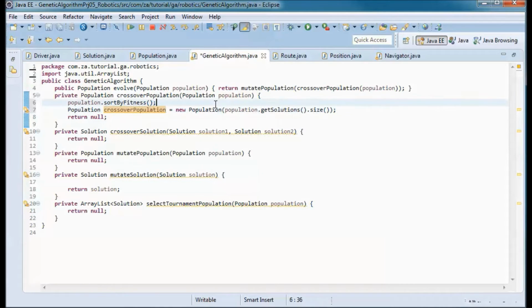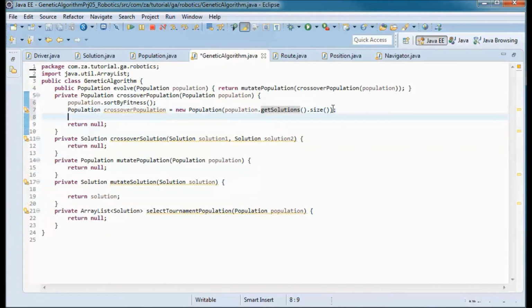So crossover population based on the solution, so populations that get solutions that size of the passed in population, and we will be returning this crossover population.